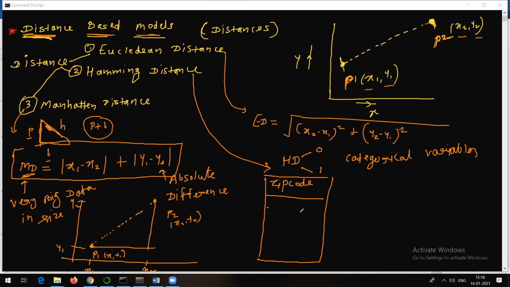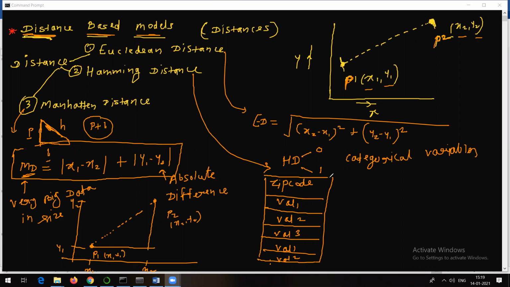In this you have different values: one zip code, another zip code, and maybe again a person with the same pin code. So value 1, value 2, value 3, value 1, value 2, and so on. Obviously there will be the name of the person, address of the person, and zip code.